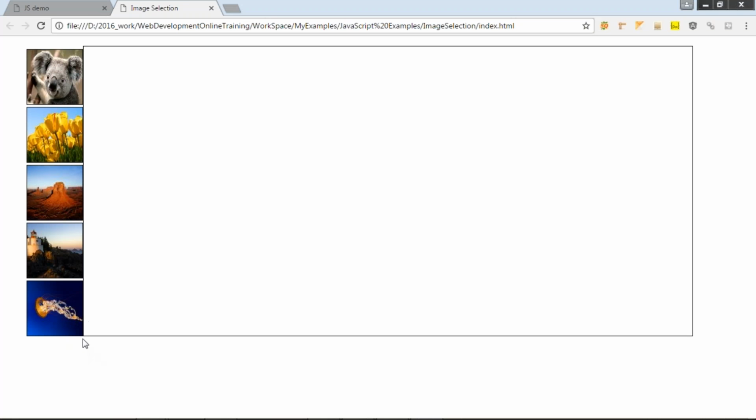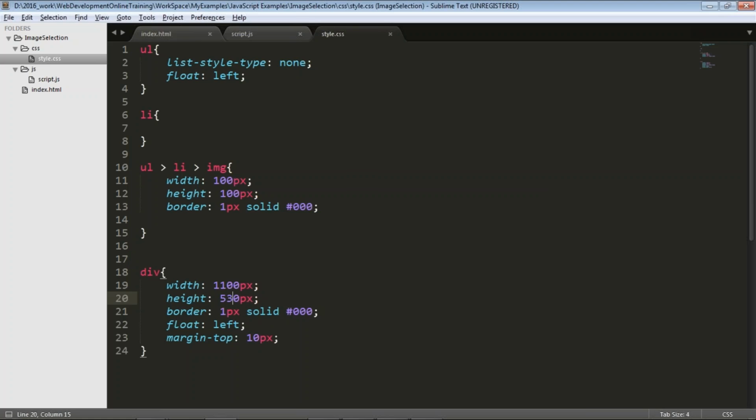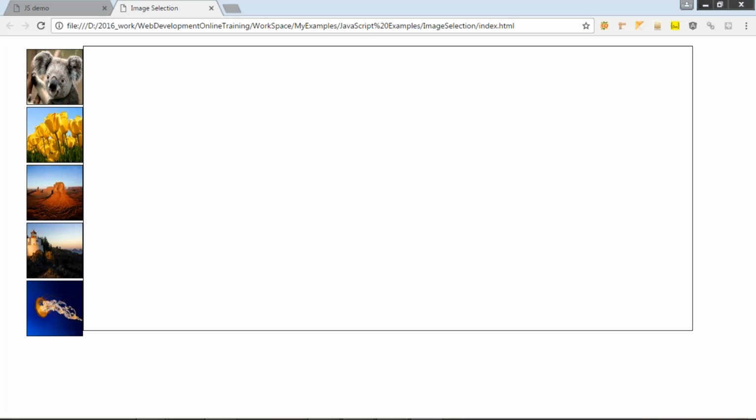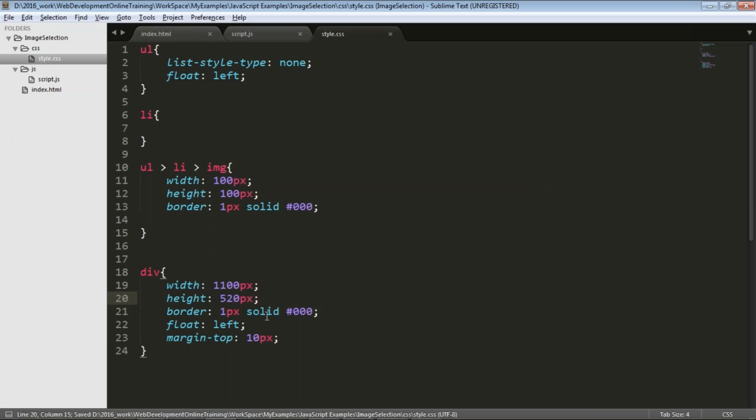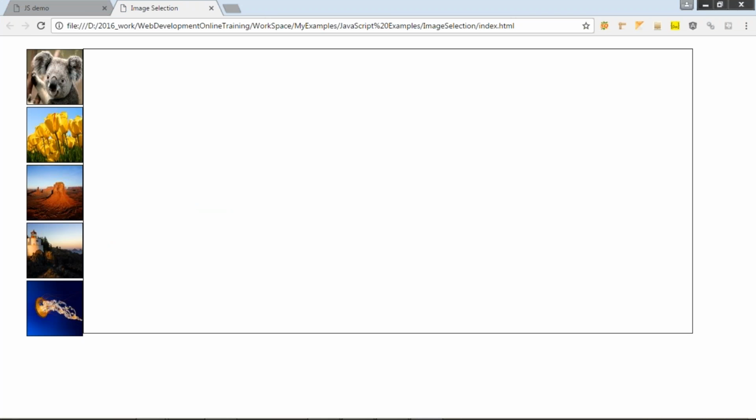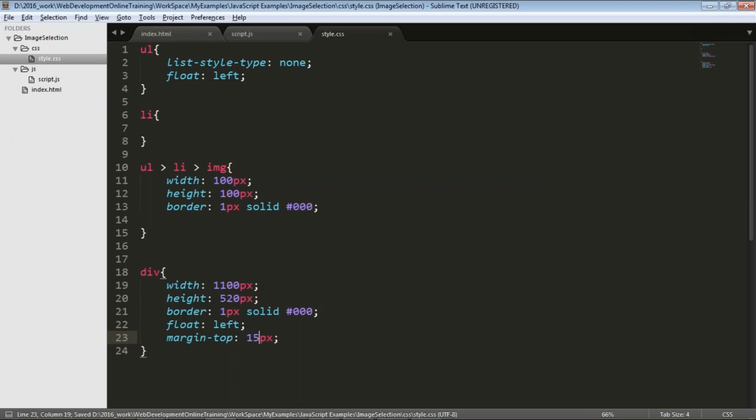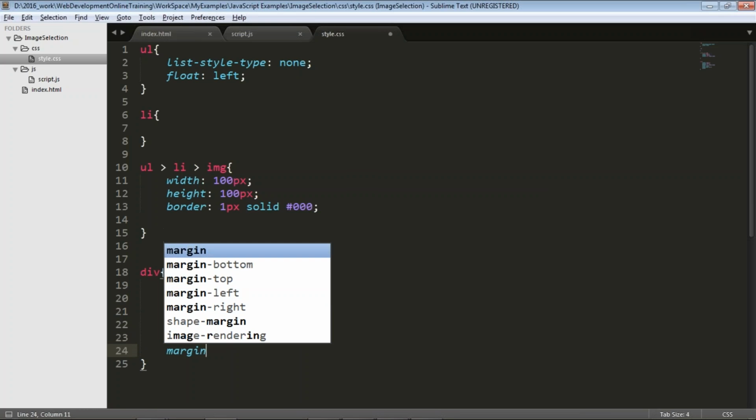So I'm going to match the height of this particular list items to this one. So 530, 520, and that will be better. Again, come back to this and place 520. It's better to place 515. That is okay for the time being. This is also, you can increase to 25. Okay, margin top, and we have margin